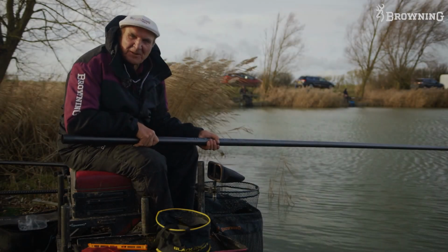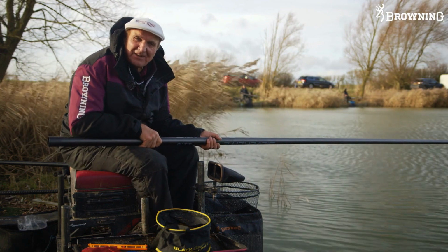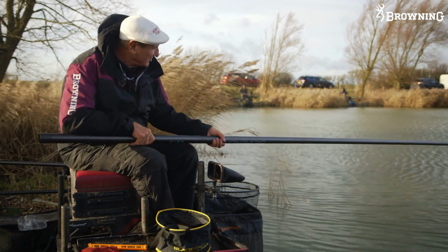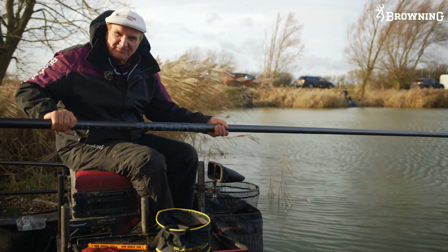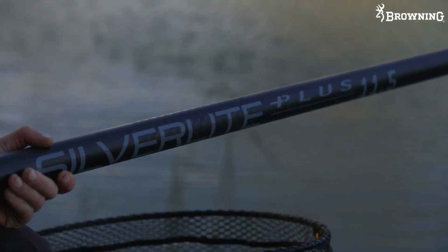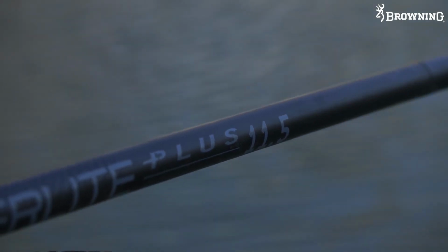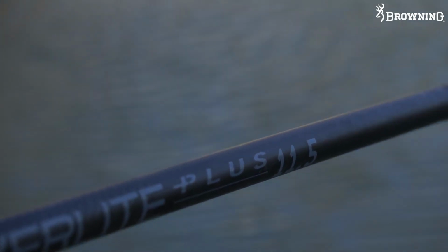I love to start with a big fish. I've been here for a little while, probably fishing for about an hour, catching some small roach. I've had one good roach, a nice rudd, one or two small fish. I'm fishing on the pole today, 11 metres. The fishery, this lake is called Rook Lake,